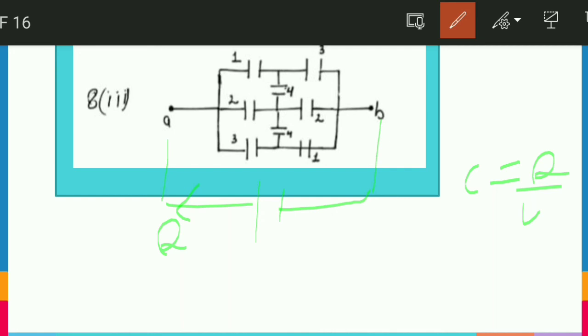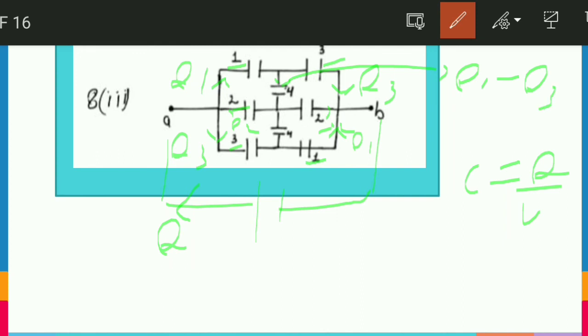So what we will write, we can think that this is divided into three parts. It receives Q1, it receives Q2, and it receives Q3. There you can see the symmetry, 1 2 3, and here 1 2 3. So by symmetry, Q3 will come out from here, Q1 will come out from here, and Q2 will simply come out from here. So friends, here we can note one thing. First of all, the charge that will go in this branch will be Q1 minus Q3.